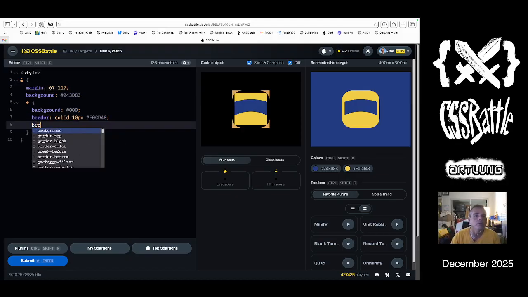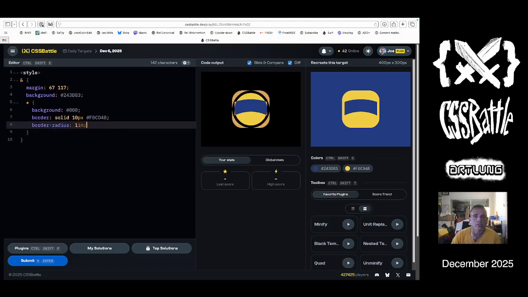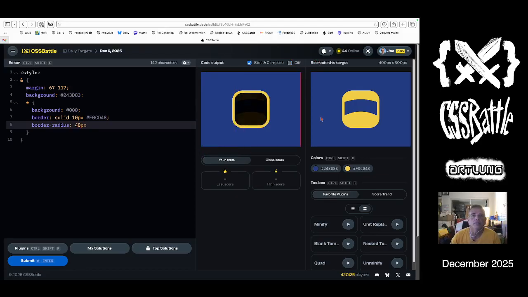All right, now we need a border radius. Let's try 1 inch. Too much. How about 20, 30 pixels? 35 pixels. How about 40 pixels? 40. There it is. I think that does it. Right now we've got black as the background. So,